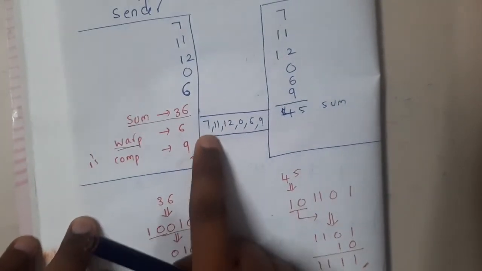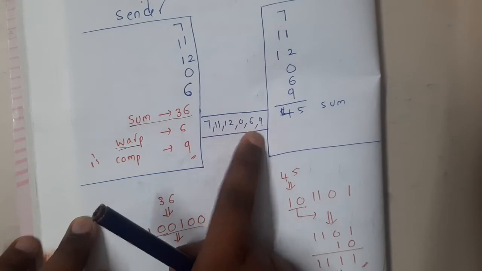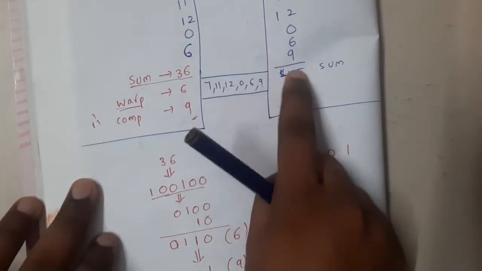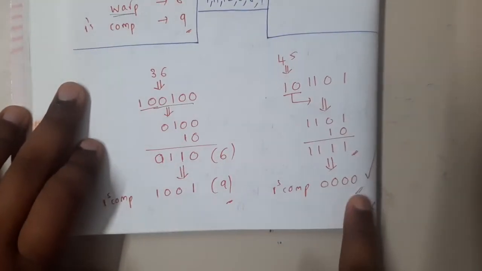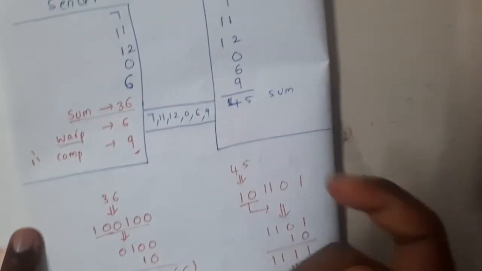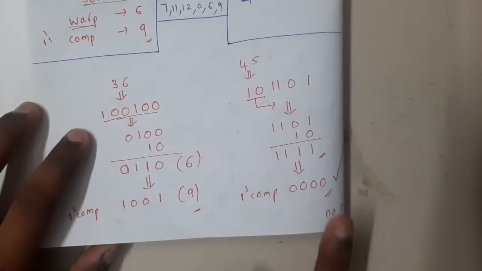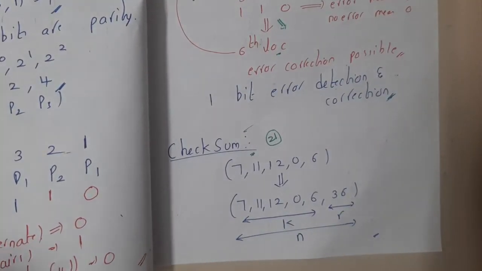right? Yes. So in the network, I will send 7, 11, 12, 0, 6 and 9, right? Yes. Along with that, I will be sending the 9 value. Okay. So I will be receiving on the other side, I will sum them, and I will go through the reverse process. Okay. So at the end, I got all zeros. So basically, there is no error here, as everything I got is 0. So change one number, guys. Instead of 6, take 5. So you will get some other value here. So with that understanding, you can say that an error has occurred. Got it? Yes. So now you got an idea, right? So how exactly we are going to detect the error? Okay. So I hope everyone got a clear idea with respect to this checksum concept.